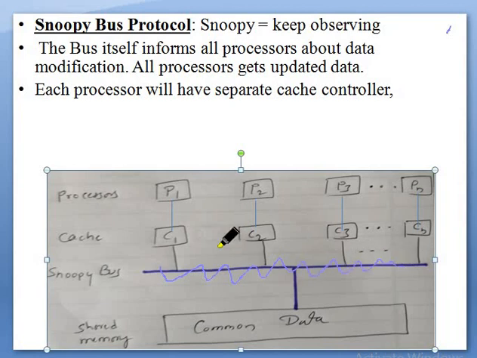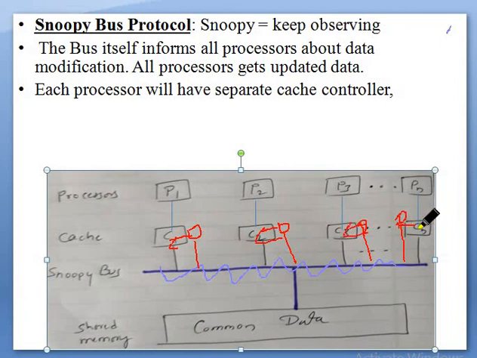Every cache is associated with one cache controller, and they will also keep observing this Snoopy bus. As soon as the Snoopy bus starts issuing some information, like X has changed, they will also suddenly change their copy of the variable value in their respective caches.